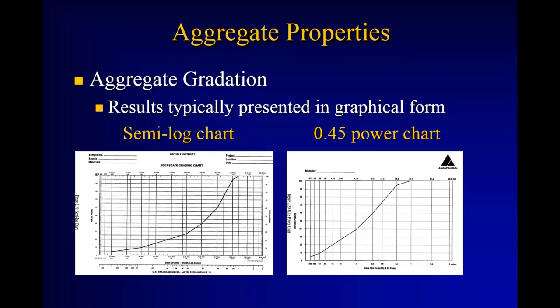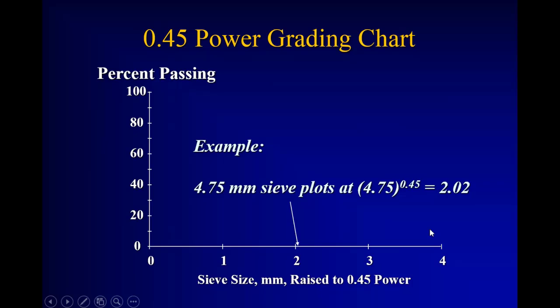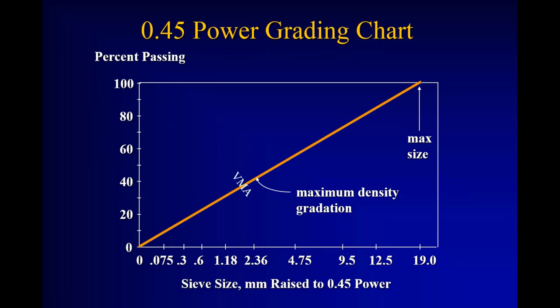Once we have our aggregate gradation, you got percent passing on the vertical column here and the sieve size on the horizontal here, is what we typically plot against, and in Superpave is this 0.45 power chart. So the percent passing is in base 10. 0.45 power chart means that our sieve sizes are logarithmically plotted based on the sieve size in metric to the 0.45 power. Why that comes into play and why we plot it to determine if our particle size or our gradation is going to work for us and what we need to do to adjust bin splits or materials is